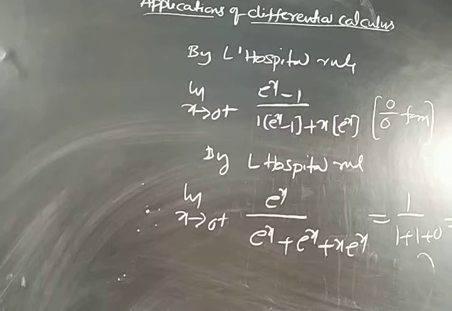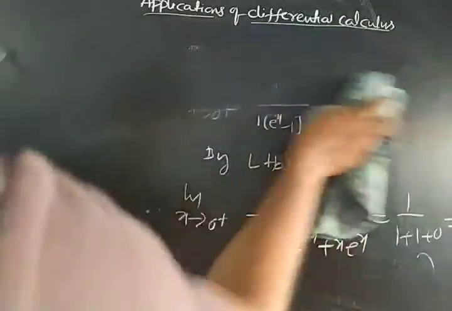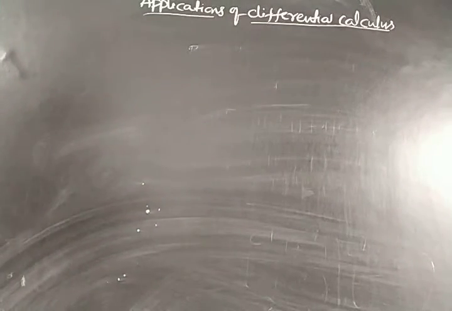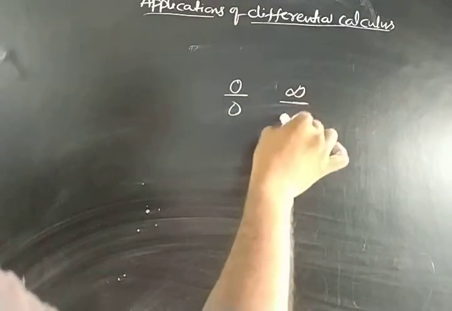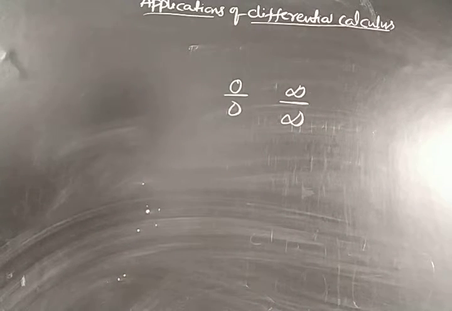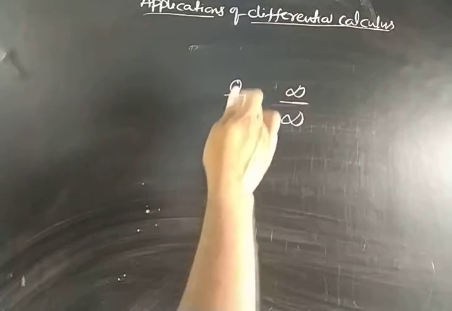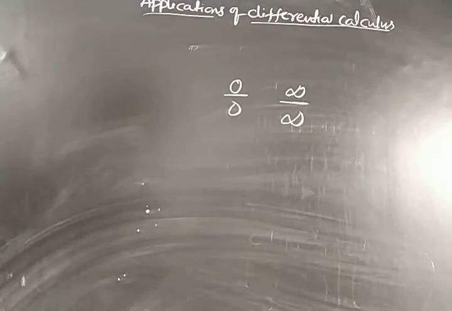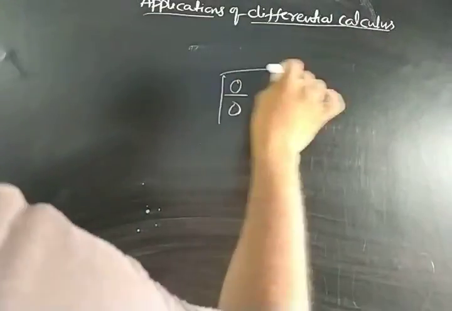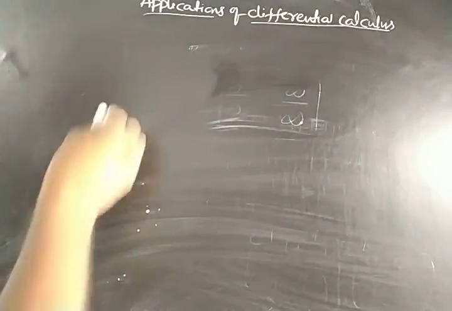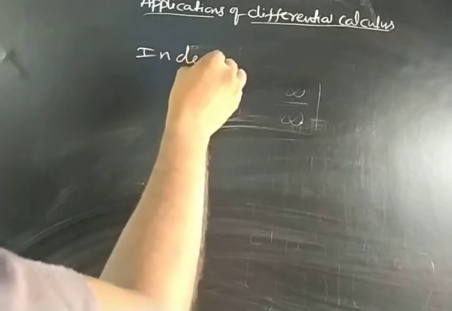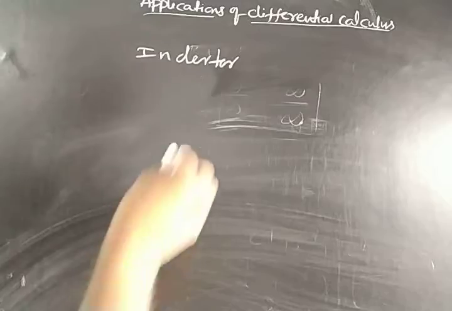So in this way you can solve the remaining problems which are given in the question. I will give some problems as homework, solve them in this manner. And one more thing. These problems are based only on 0 by 0 form and infinity by infinity form. These are called standard indeterminate forms, and if you are getting these forms, you can apply L'Hospital rule directly and you will get the answer. Remaining indeterminate forms are also there. If you are getting those forms, how to solve? Let us know about that.